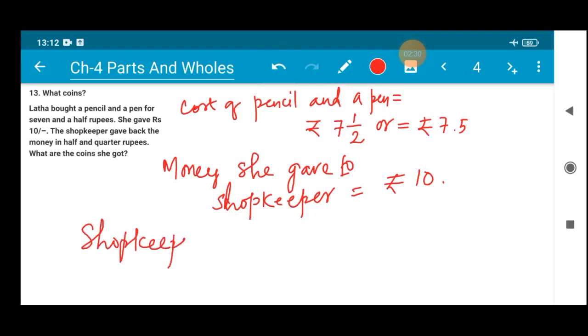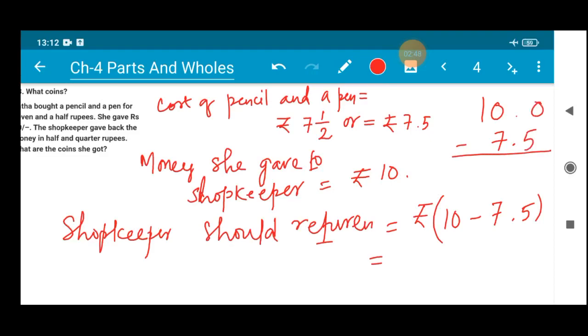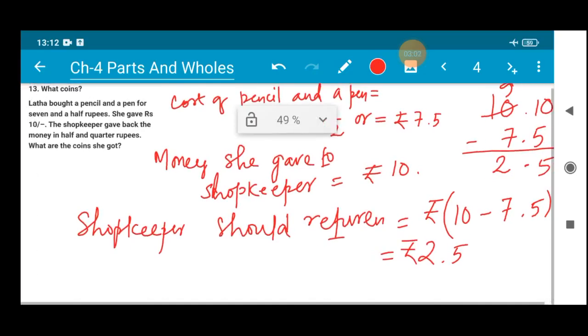Shopkeeper should return how much? She has paid 10, and the total cost was 7.5. If I subtract 7.5 from 10, it will be 10 minus 5 is 5, then 9 minus 7 is 2. So 2.5, that is 2 rupees 50 paise should be returned back to